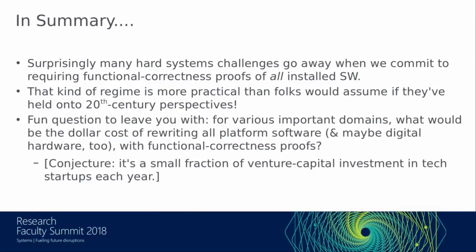And to summarize, I think it's worth exploring how some of the challenges that we're used to seeing as fundamental in the design of systems software can really be rearranged by committing to functional correctness proofs for all parts of a system. And this technology has really advanced a lot. I think in the next 10 years or so, this will be mainstream. And I think it's interesting to consider what domains there are out there where if we wanted to re-implement all the complete software stack from scratch, this would be pretty feasible. And I think there are more cases of that than we'd think from the usual conversations about this sort of stuff. Thanks.